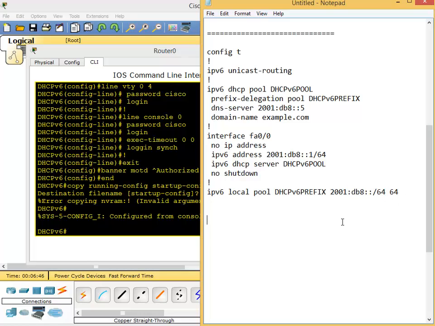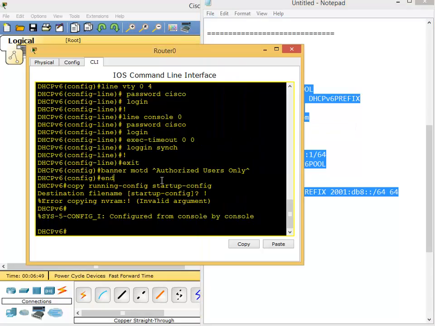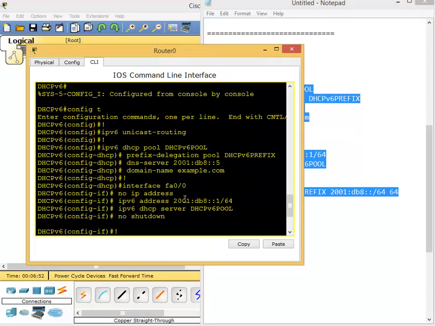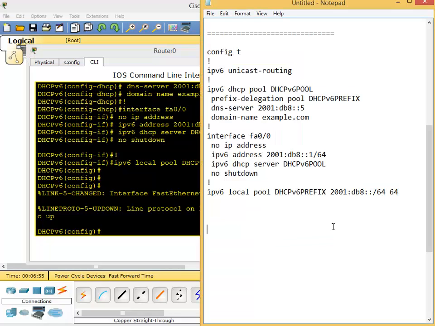Okay, so I'm going to copy this configuration to my DHCP server. Check there's not any errors. No, that's fine. And then I'm going to configure my first client, the DHCP client. This is going to be IPv6 unicast routing. Then go to the interface FA0/0, IPv6 address autoconfig, IPv6 DHCP client